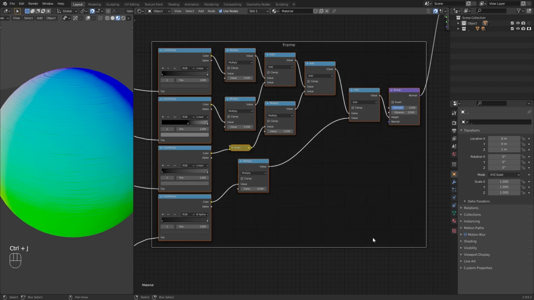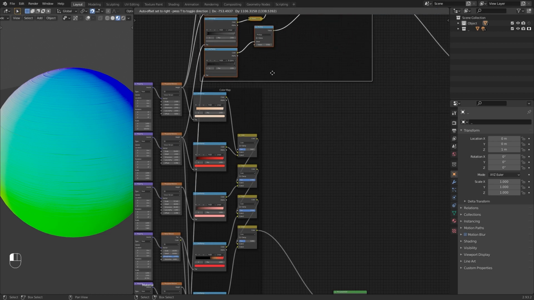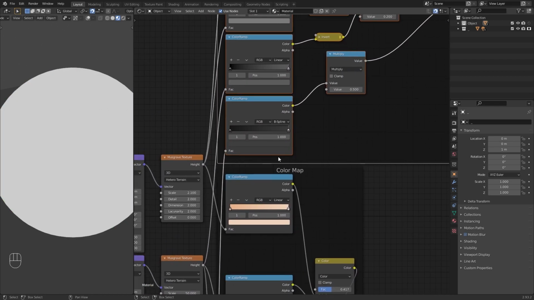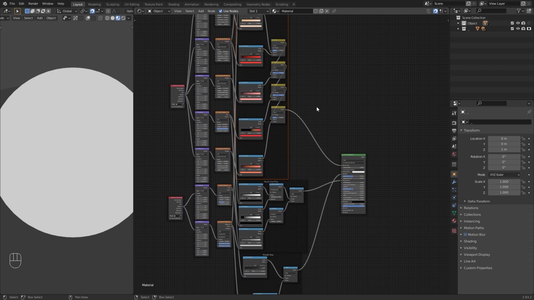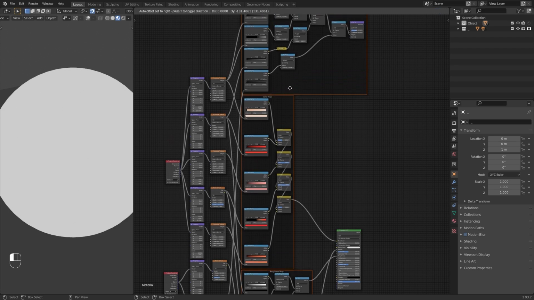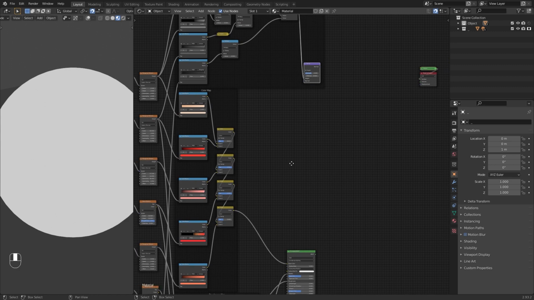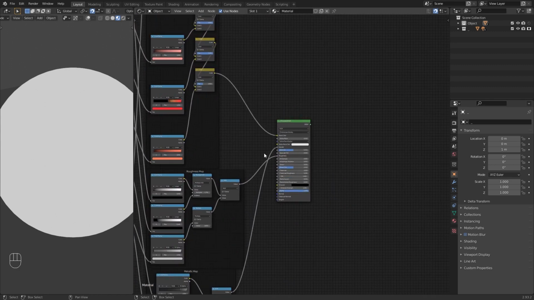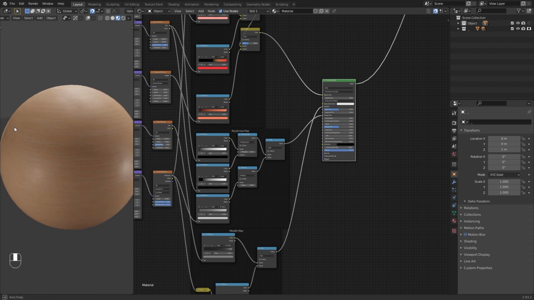After framing this, rename the frame as a bump map. Now finally place all these maps so that they can be connected to the principled shader. After that, now connect the principled shader to the material output and change the viewport to rendering to see the final output of this material.